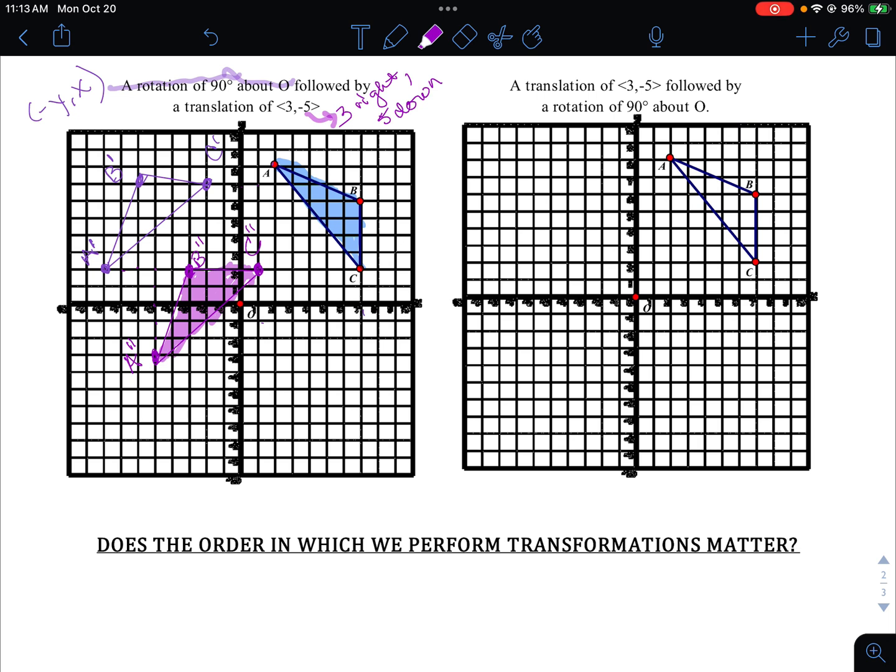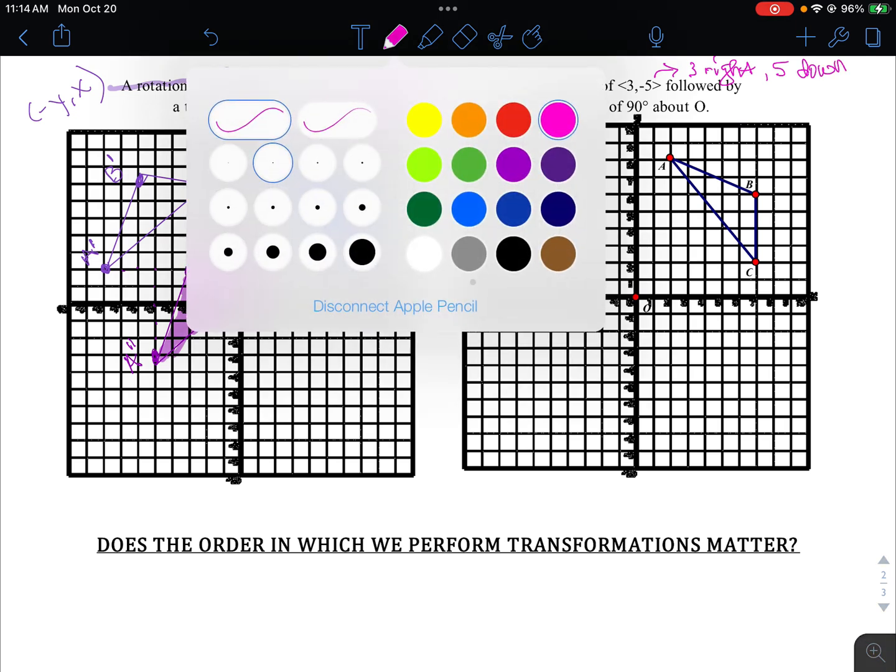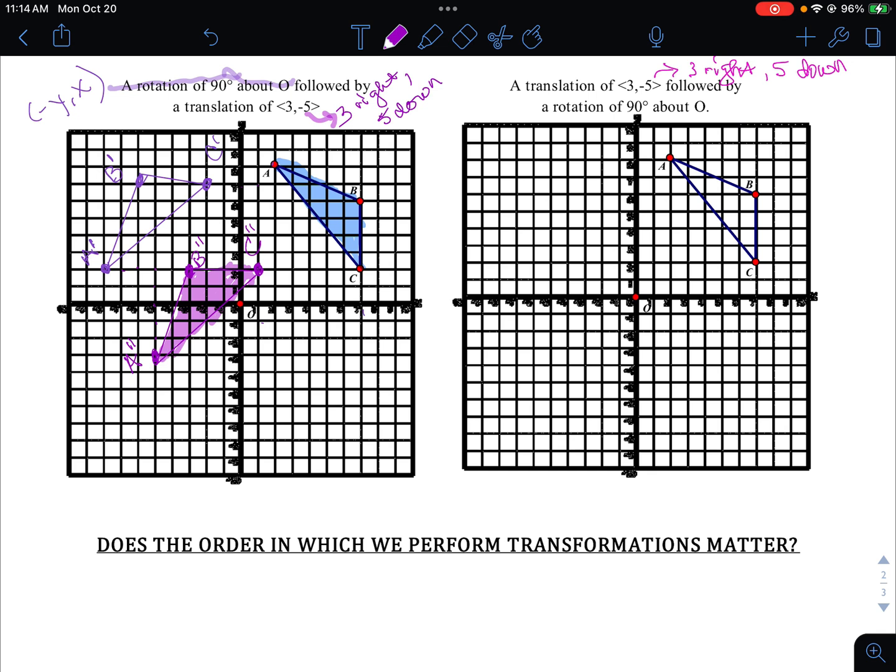Okay. So the next thing I'm going to do, let's switch them up and see what happens. All right. I'm going to translate 3, -5. And this is the same thing we just did. So what's going to happen with this one is 3 right, 5 down. We're going to do that first. And then we are going to do the 90-degree rotation, which all the points from the first transformation will go